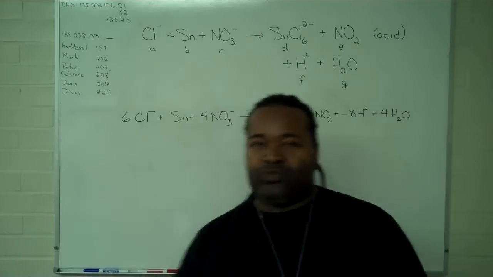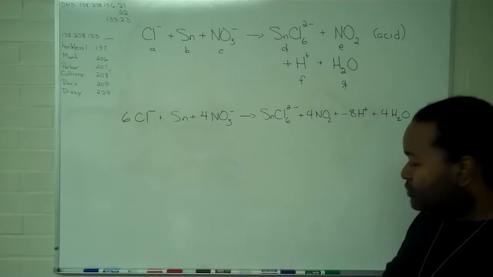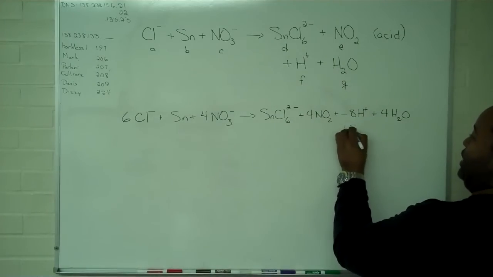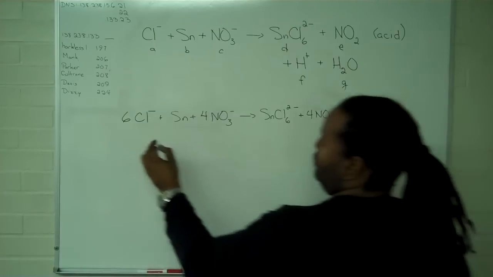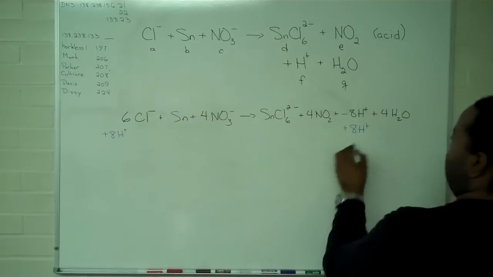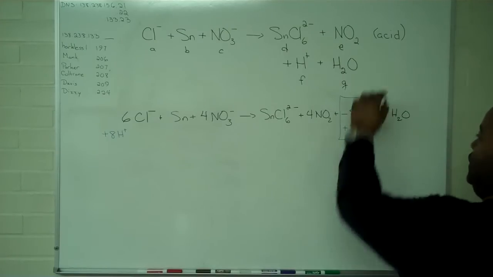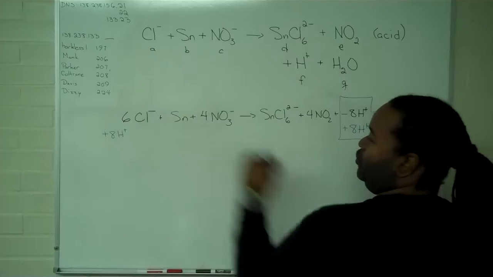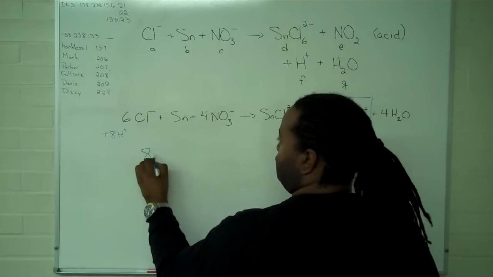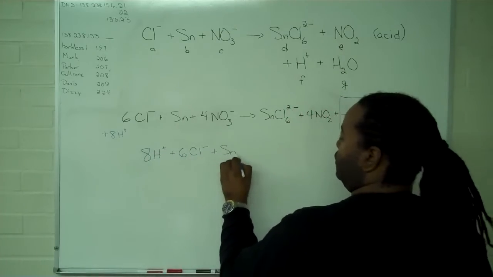So now the only thing that's wrong is that everything is in a whole number ratio, but they're not all positive numbers. In order to fix this, I will add 8 hydrogen ions to both sides. By doing this, it allows me to get rid of the -8 moles, because these two will cancel, effectively moving the 8 hydrogens to the other side of the reaction. At this point, I can write out the completely balanced redox reaction,